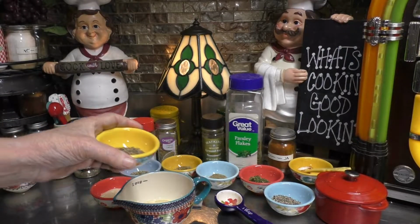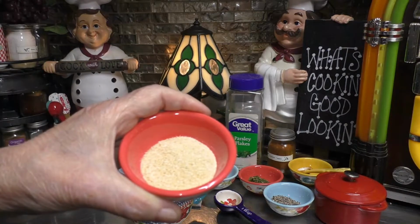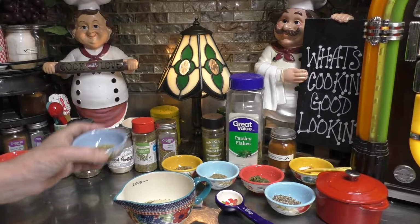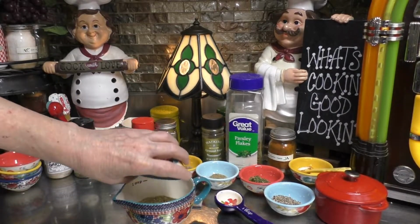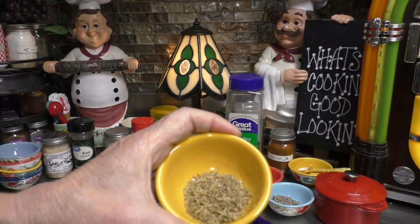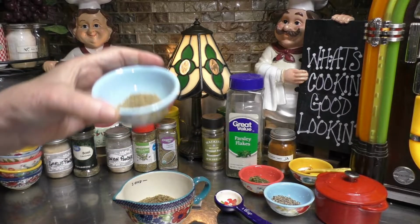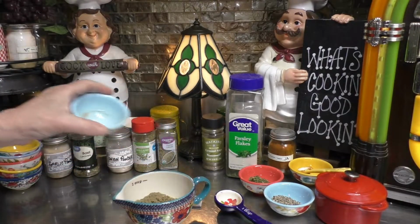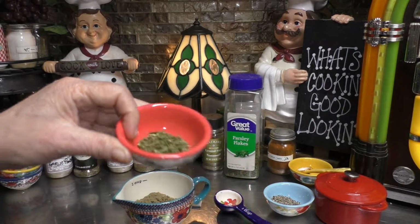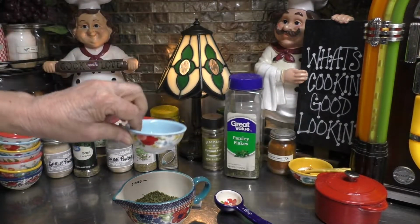1 tablespoon basil, 1 tablespoon onion powder, 1 tablespoon oregano, 1 tablespoon thyme, 1 tablespoon ground sage, 1 tablespoon of parsley flakes, 1 tablespoon black pepper,